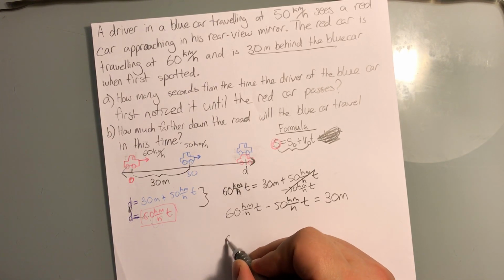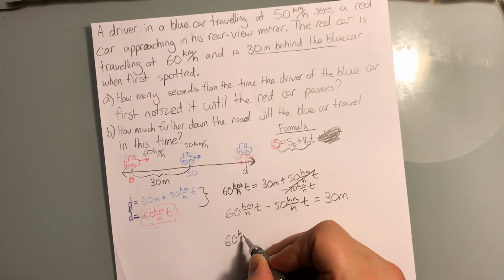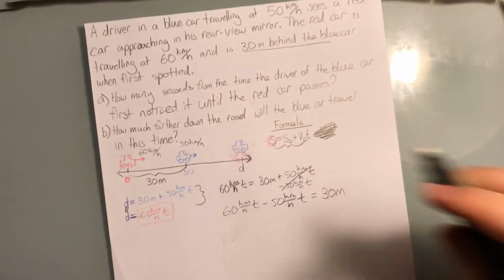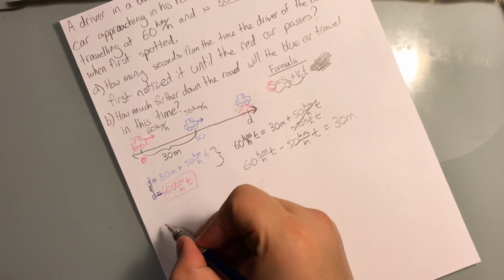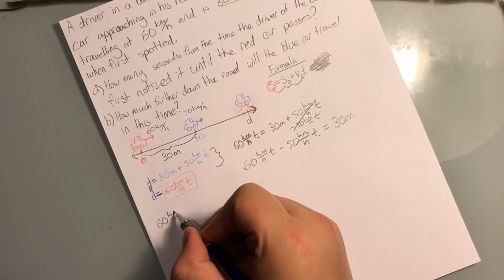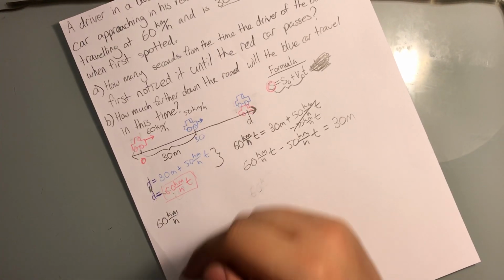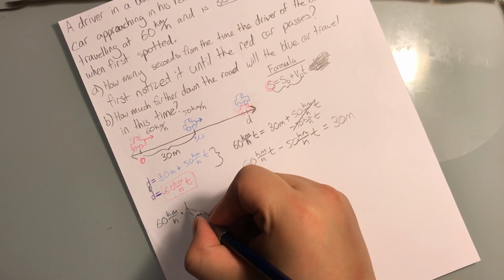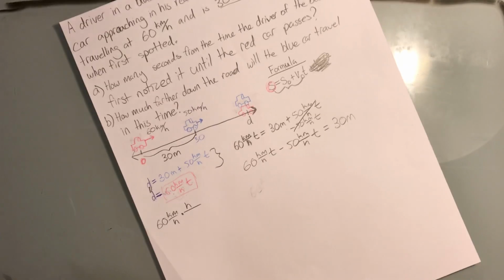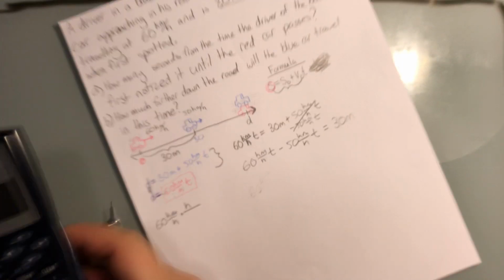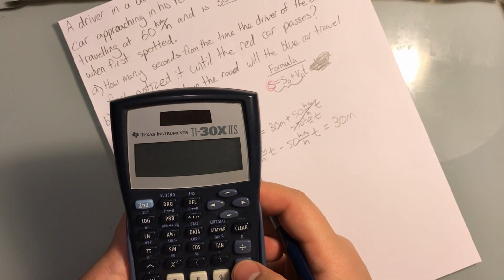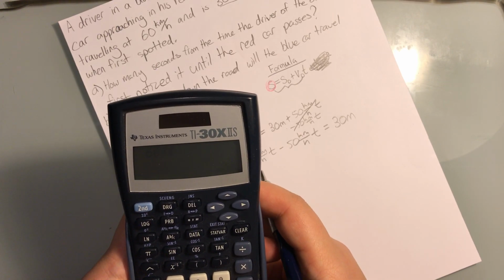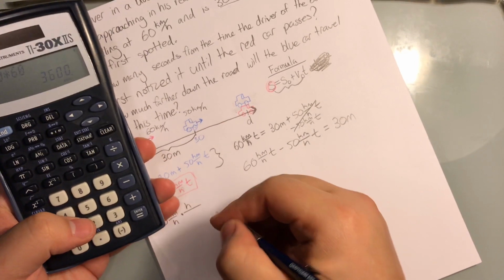We do 60. Okay, we could do this off to the side actually. Okay, 60 kilometers per hour. Multiply. So we want seconds now, right? So in 1 hour, how many seconds are there? I'm just gonna do 60 minutes in 1 hour, and then 60 seconds in 1 minute. So we got